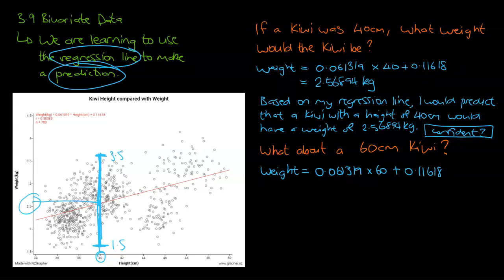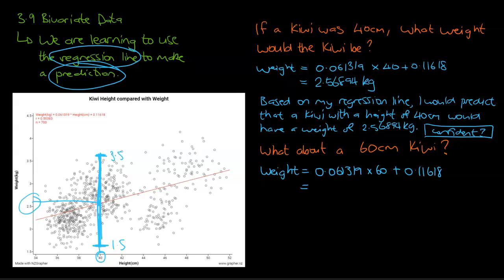So let's get rid of all those. Now let's talk about what this means. Oh, actually, we haven't even calculated it. So again, it's got some decimals. Don't waste your time doing this in your head. Let's get the calculator out. So 0.061391 times, or 60, sorry, times 60 plus 0.11618. And I'm getting